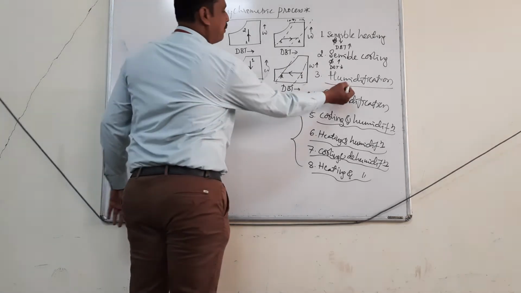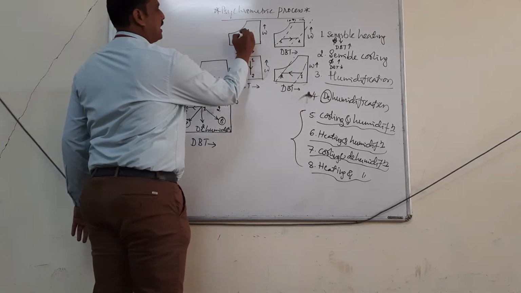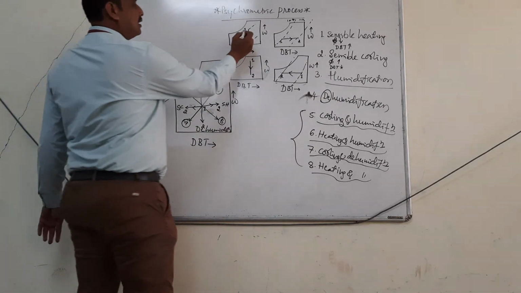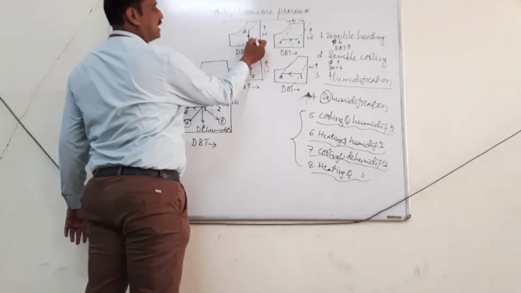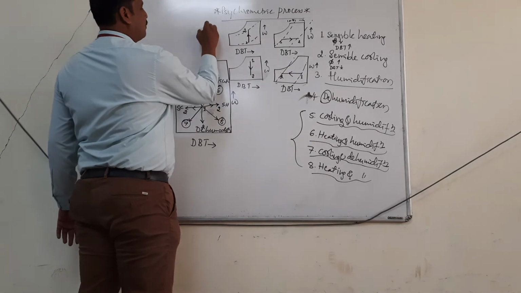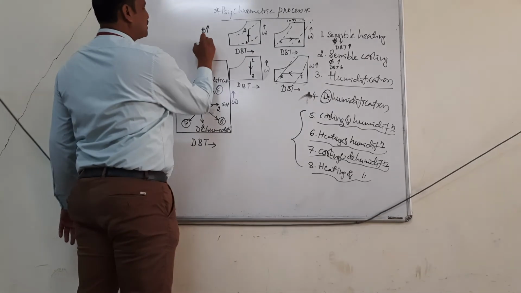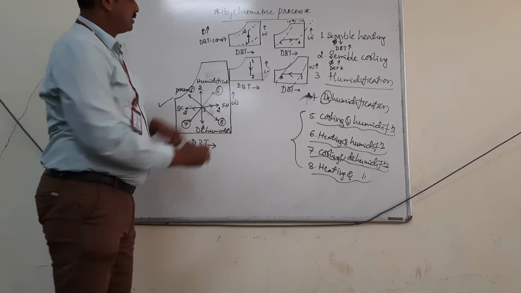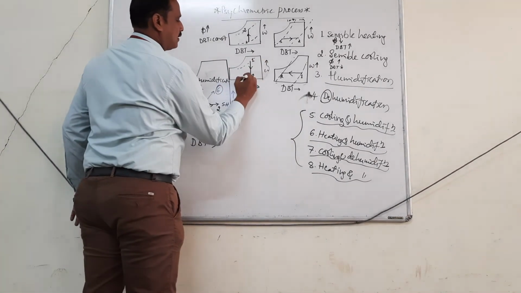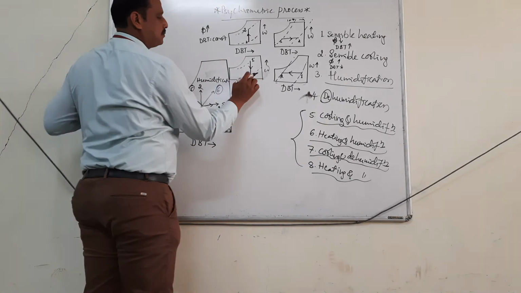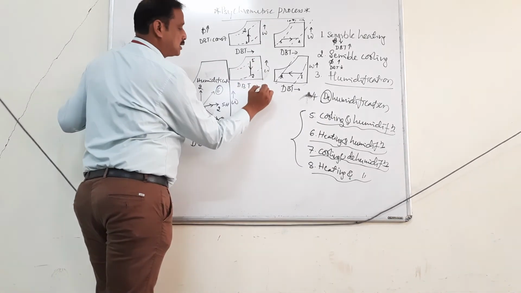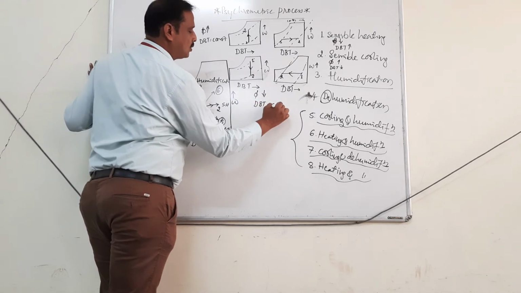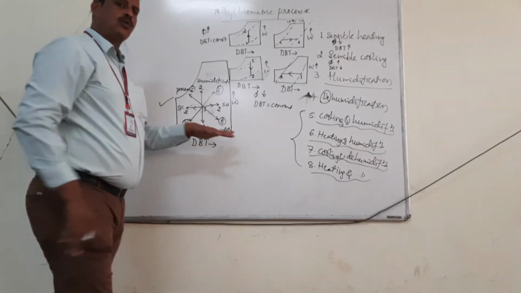Okay, humidification. What happens in humidification? See, again you draw one relative humidity line. So here at this particular point, relative humidity is more than this one. So phi increases, dBT is constant. Okay. Similarly for this point, this is your process 2. What happens here? Specific humidity decreases and also dBT is constant. So these things only you have to explain.